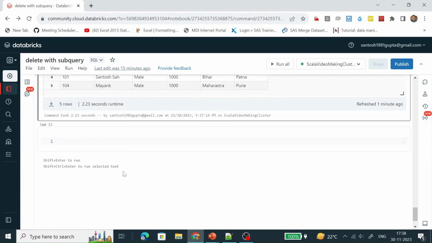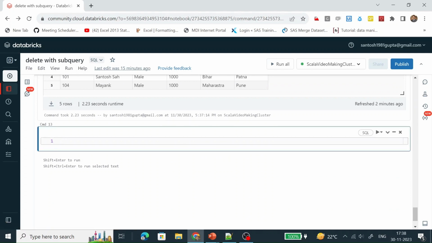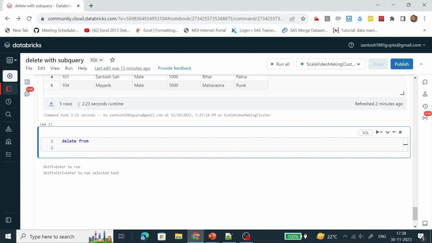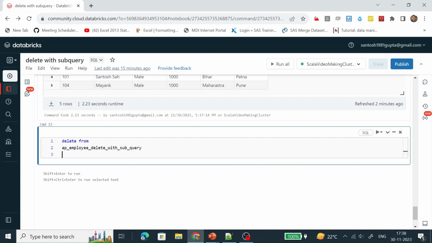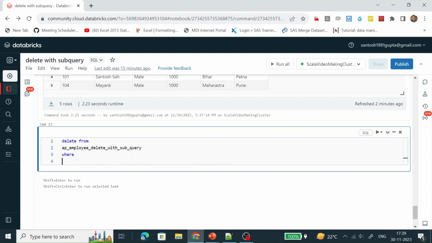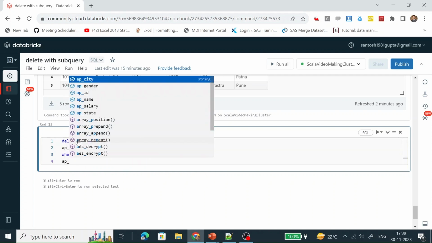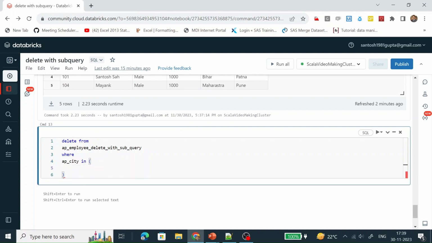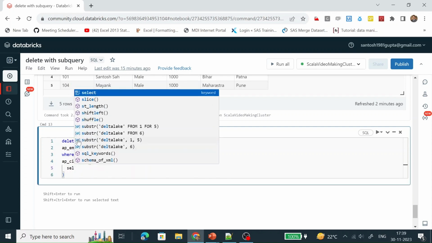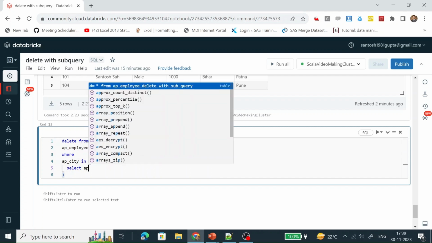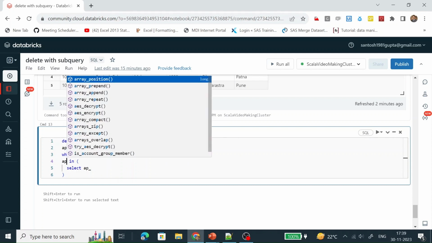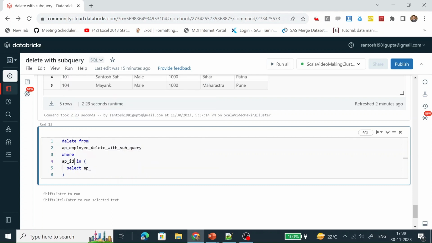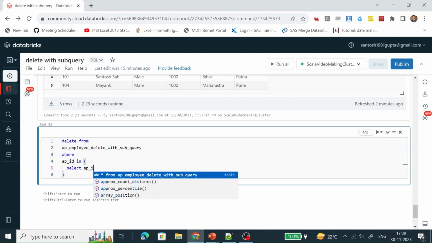So let's perform a delete operation again. Delete from this table where APID in, and for the IN I am going to write a subquery. Select APID, not APCT, we are just saying APID.